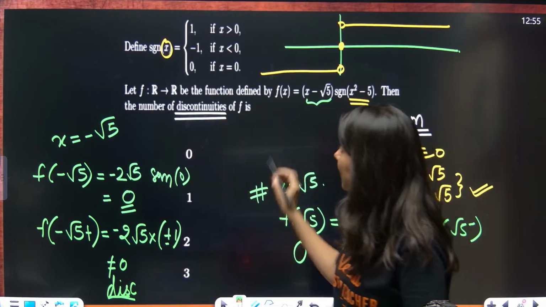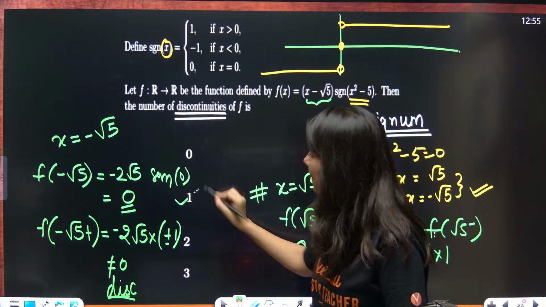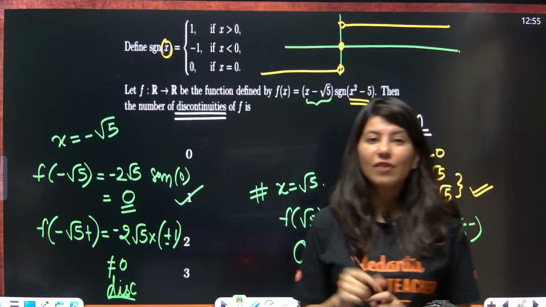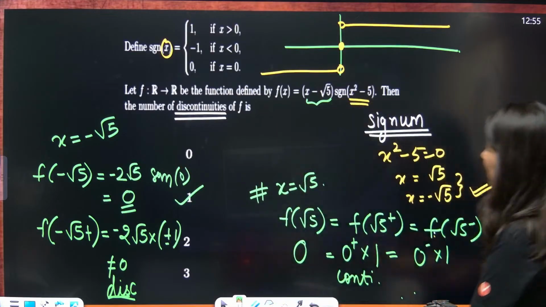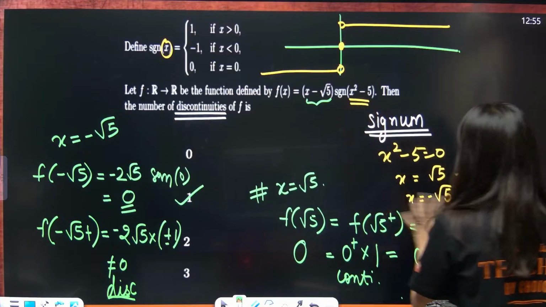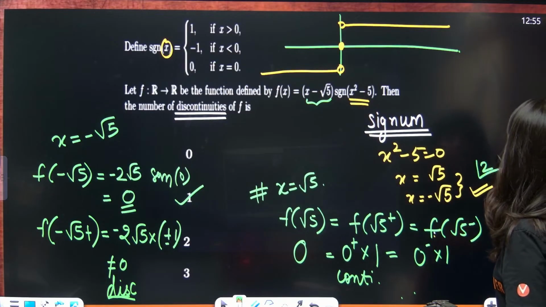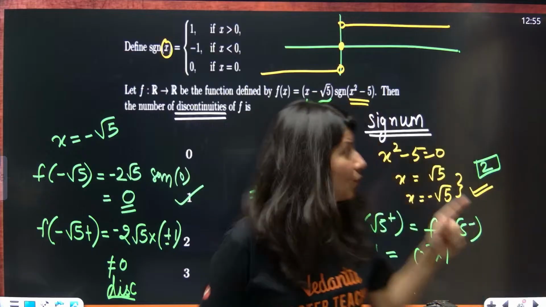So clearly, this is nothing but discontinuous at one point. By the way, one shortcut also I need to tell you. See, I told you, there are two doubtful points, okay? So the answer can be 2. But you know what, if you look here,